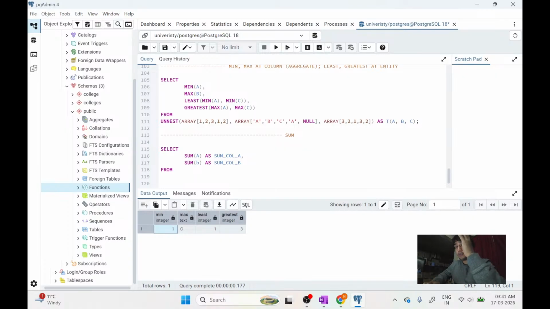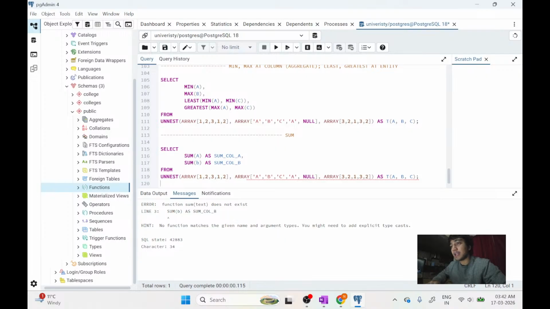Now simply I need FROM, which is for referencing the table or table expression that we need. Either you can give the address to the relational database management system or you can create a table using a table expression. And I'm doing the same. I'm creating a table using this logic where I define multiple arrays with comma separation. Now I am just pivoting them into columns for my table, and I name the table as T with the columns. Simple, simple, simple. Now if I run it here,